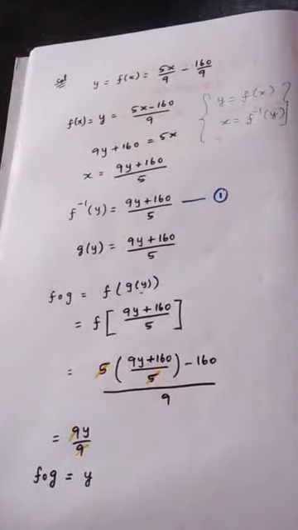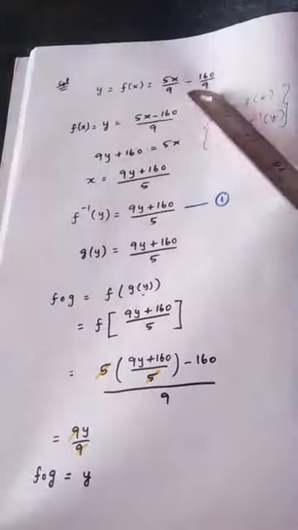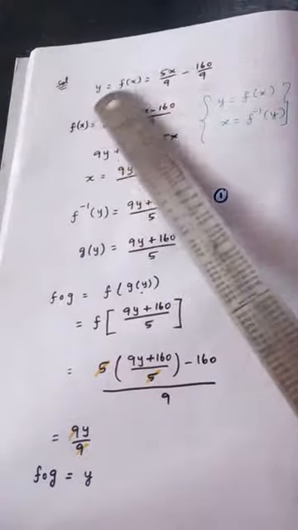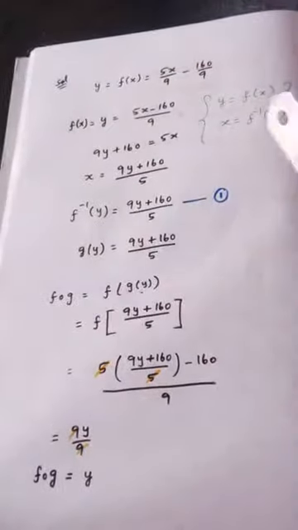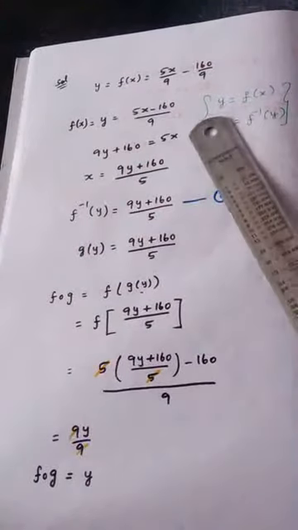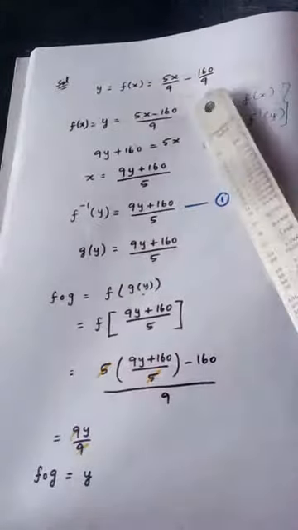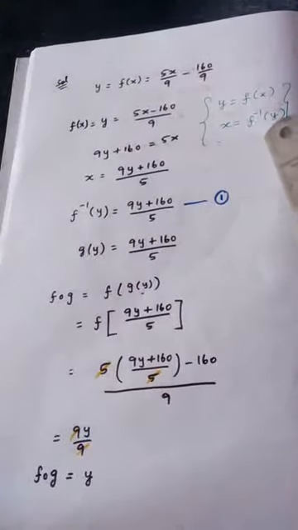So can you remember the steps involved in finding one-to-one and onto? If you don't, just see this. y is equal to f of x, actually this is the given equation. What we added is f of x, because we know y and f of x both are equal. So y is equal to f of x. This is the given question. Now if you see the rough column, we have taken y and f of x as equal. So what happens for x? When f goes to the other side, it becomes f inverse, right? f goes to the other side and becomes f inverse.